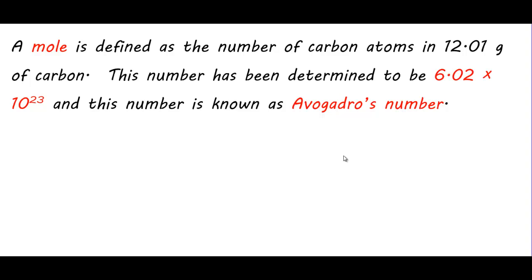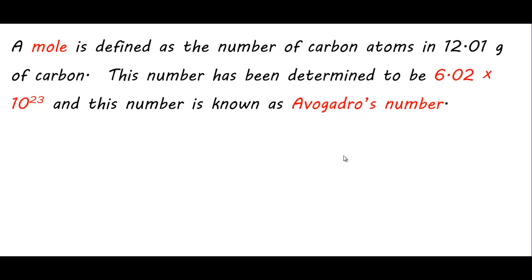Well, the quantity dozen works well for very large objects. In chemistry, we deal with much smaller objects, things like atoms and molecules, and so consequently we use a unit known as the mole. Now, a mole is technically defined as the number of carbon atoms in 12.01 grams of carbon. That doesn't mean much to us. What you do need to be familiar with is that the numerical value associated with this word, the mole, is 6.02 times 10 to the 23rd. And it's a gargantuan number.